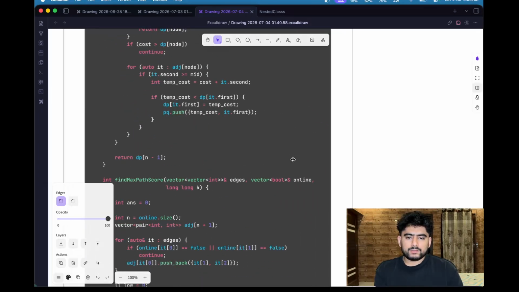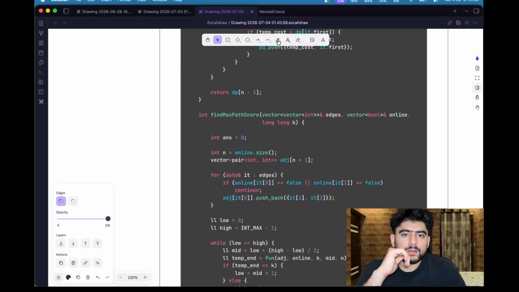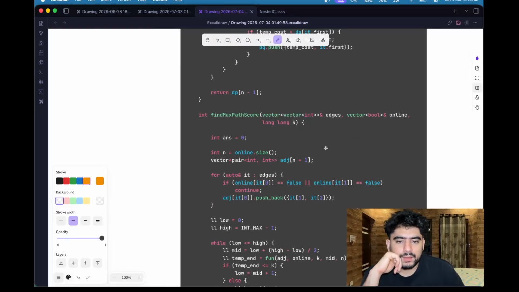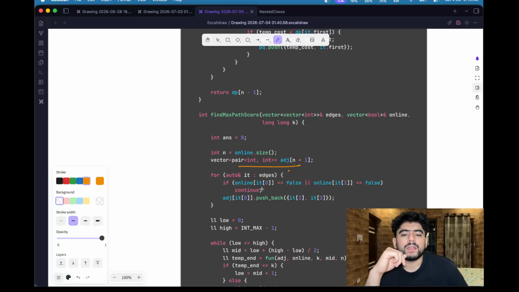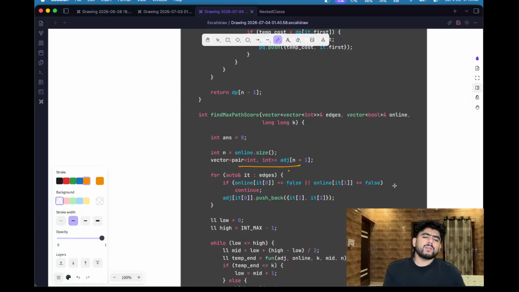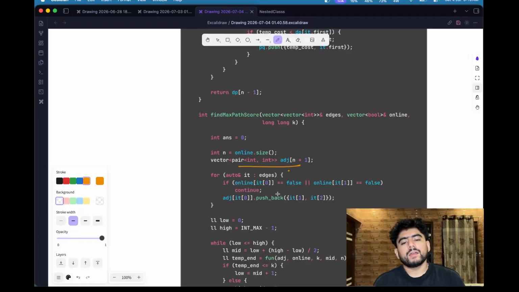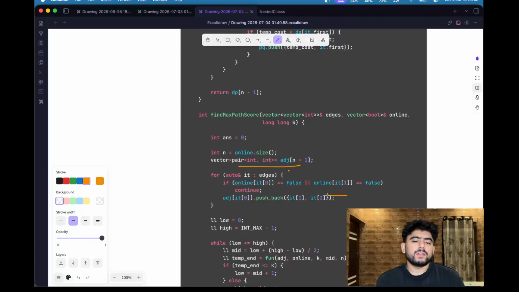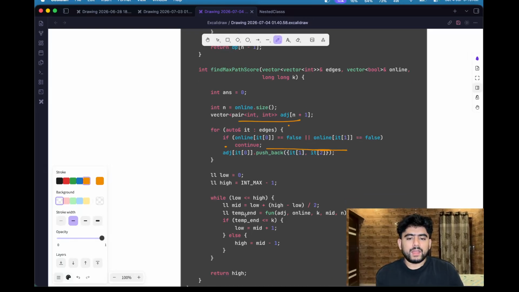So yeah, let's start here. Firstly, what we are doing is creating this adjacency list. If one of the values is offline, we are not going to that node in our adjacency list. And then we are simply doing a binary search, and in binary search